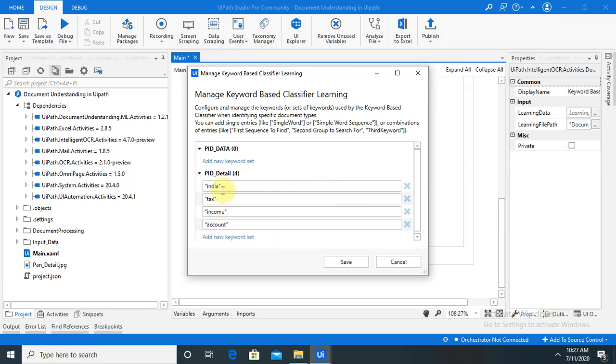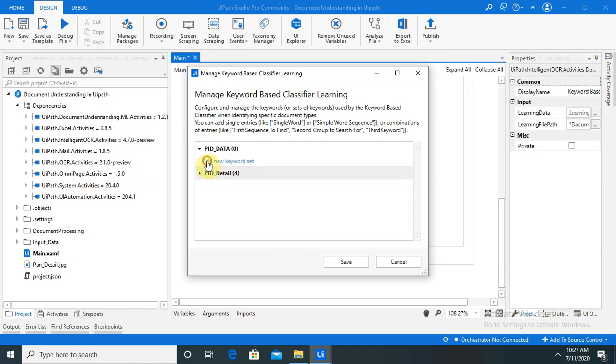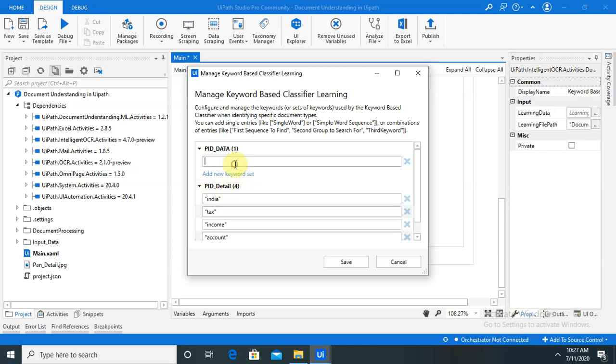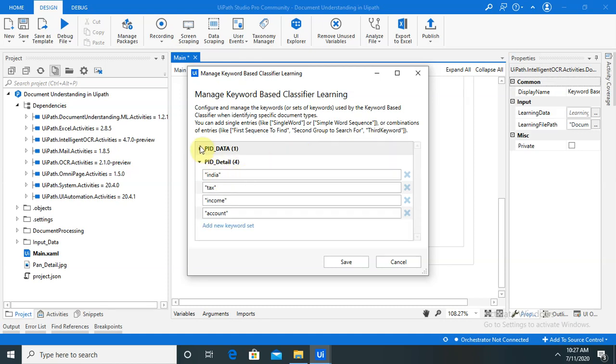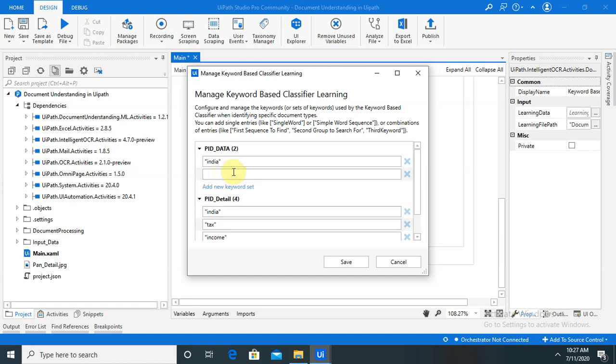Now manage learning. As you can see, I have already provided the manage learning section. If you want to include new keywords here, you can do that. As we have already seen, PAN card will contain mandatory data, that is India is always having mandatory data. It's totally based on your requirement, what field you want to add.